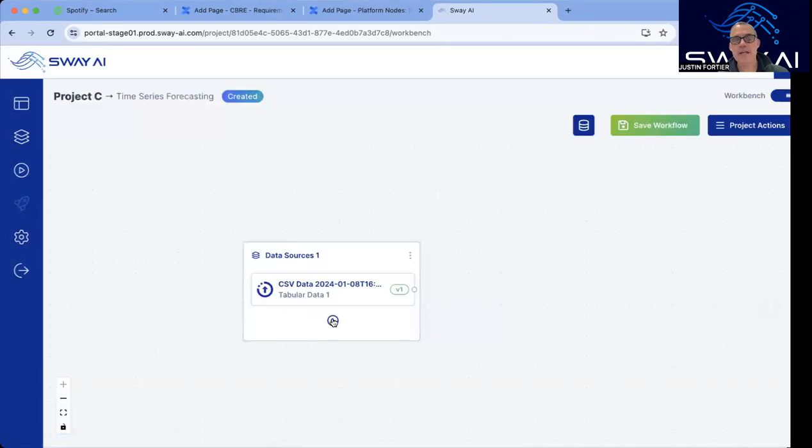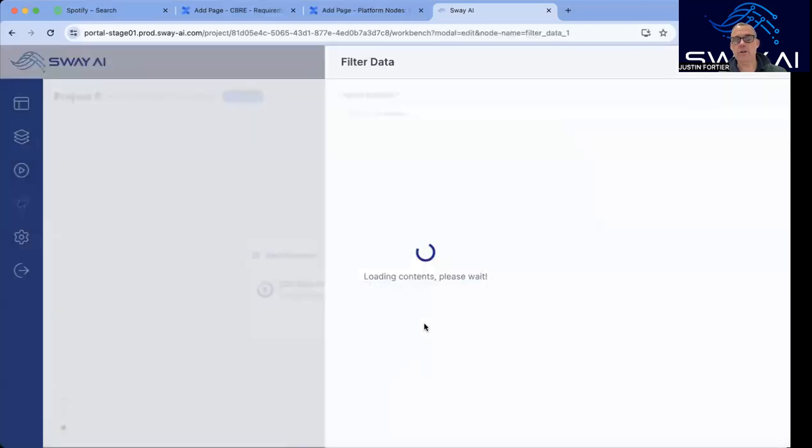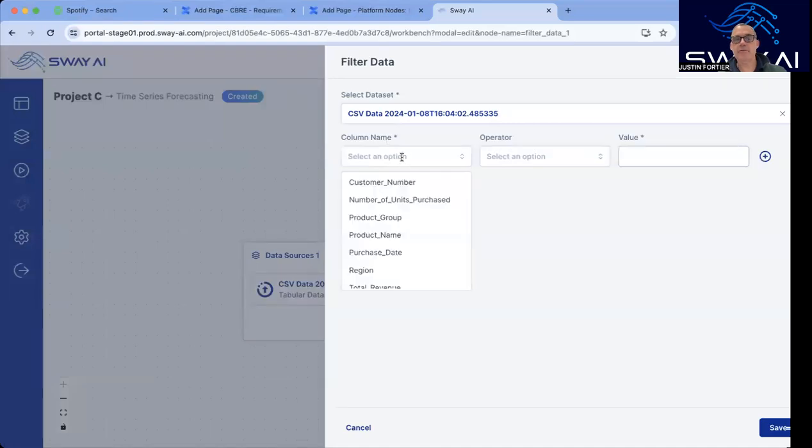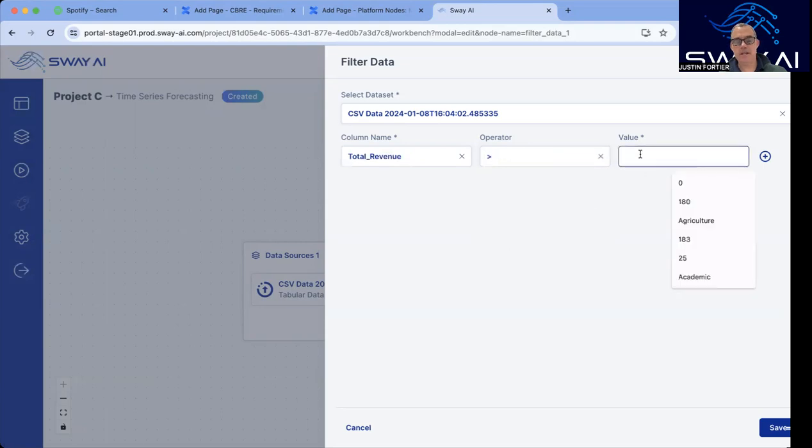So let's add a node here. And if we start typing filter, you'll see there's a node called filter data. We select our data set. And for column name, let's start with a numerical one. So let's do total revenue. And let's say it's greater than